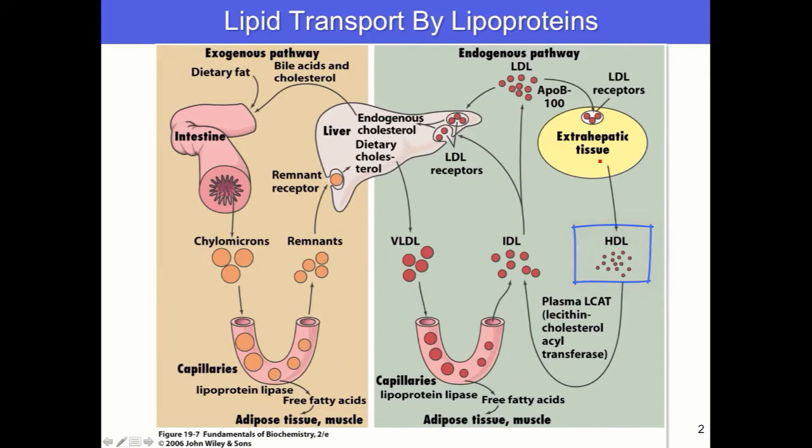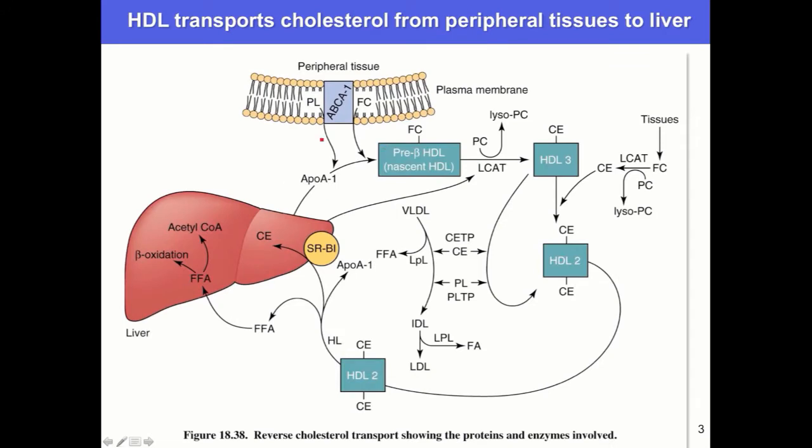We also need to talk about HDL, high-density lipoproteins, because they play an extremely important role in cholesterol homeostasis. The most important lipoprotein in HDL is ApoA1. ApoA1 is made in liver and other tissues, and as it circulates, it collects free cholesterol, FC, and it does it from non-hepatic tissues with the help of a transporter, ABCA1. Most tissues have the ability to make cholesterol, but they do not have the ability to break it down, and so in order to maintain cholesterol balance, they need to pass off their cholesterol to HDL with the help of